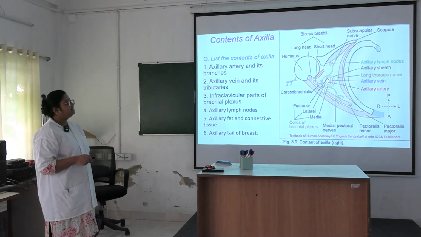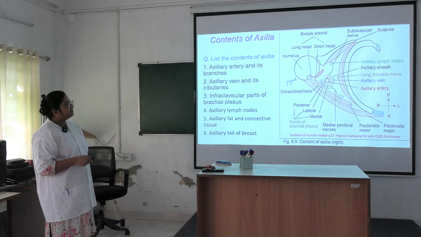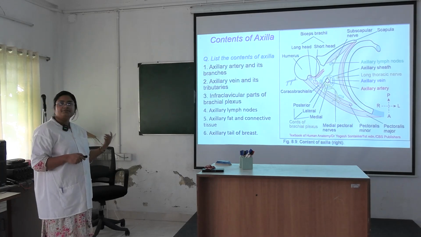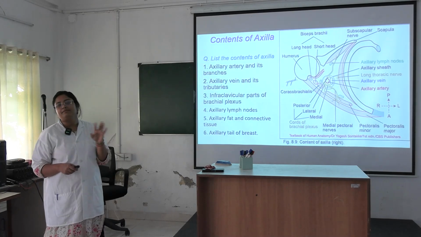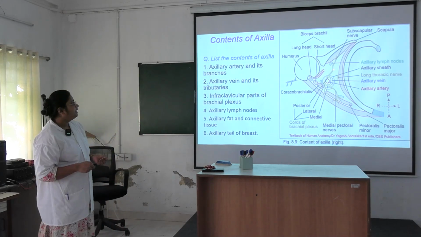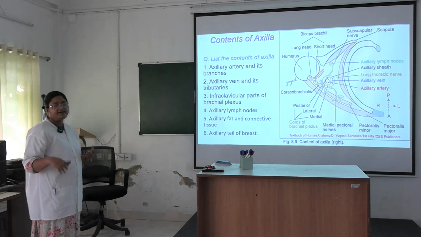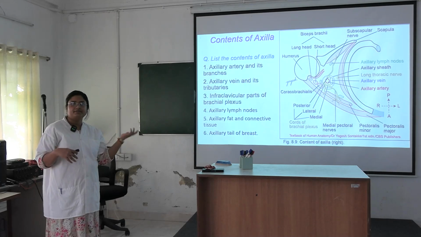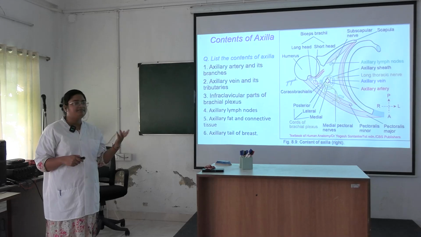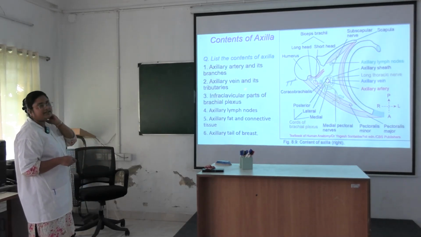You can see this red one is the axillary artery, and also you will see its branches. This blue one is the axillary vein. You will also see the tributaries of the vein. For a vein you use tributaries, and for an artery we use branches. And these are the cords of the brachial plexus, the yellow ones. These again divide into different branches. We have branches from these three cords, medial, lateral and posterior cord of the brachial plexus, so we get the infraclavicular part of the brachial plexus here.